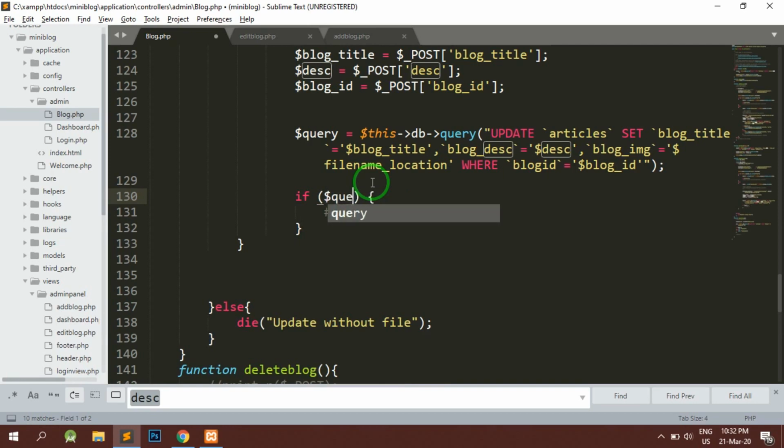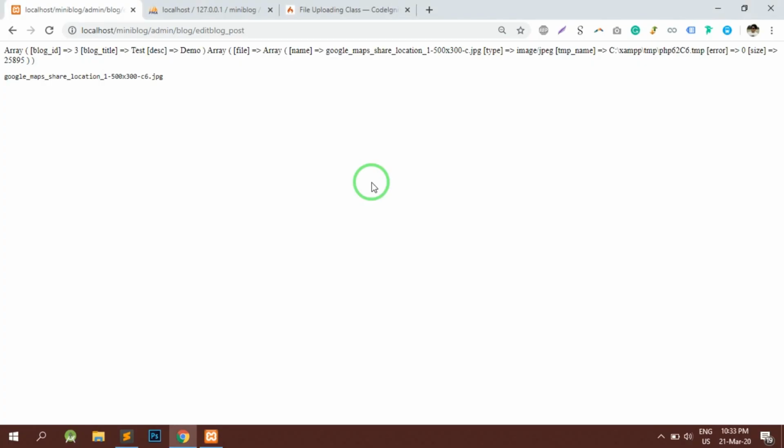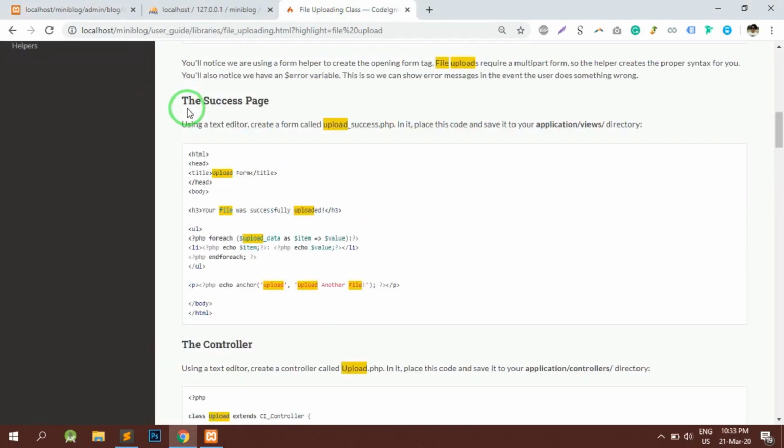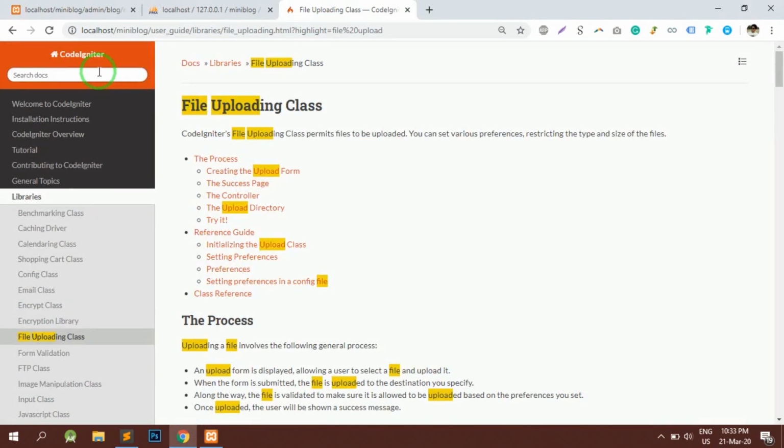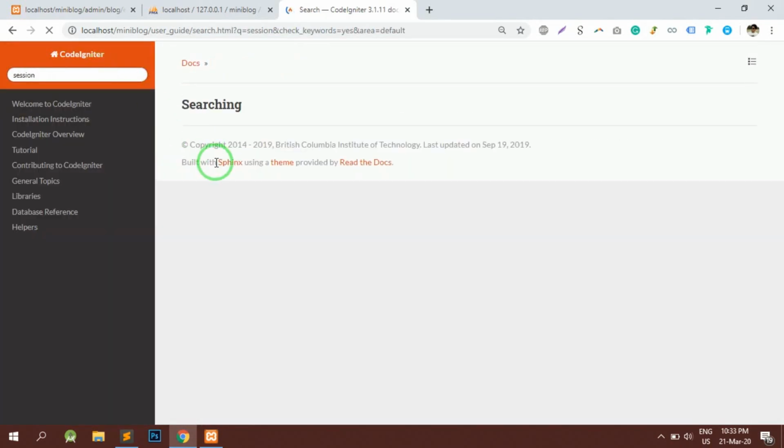If $query, if this query is executed properly, we will set a session. So for setting a session, again we'll go back to our help desk